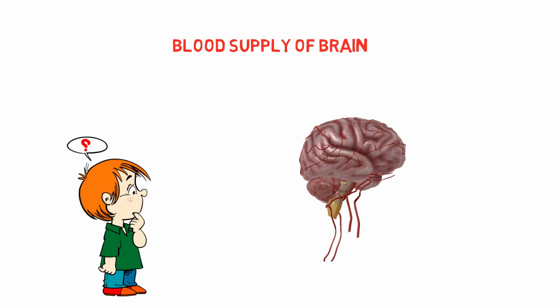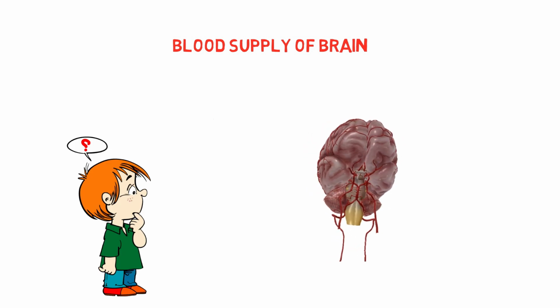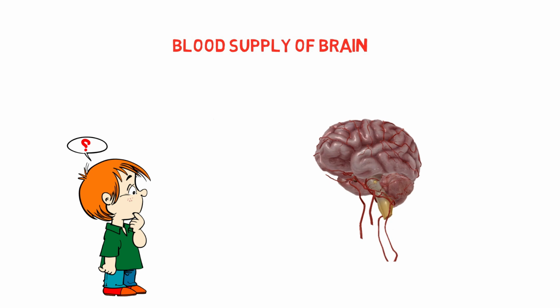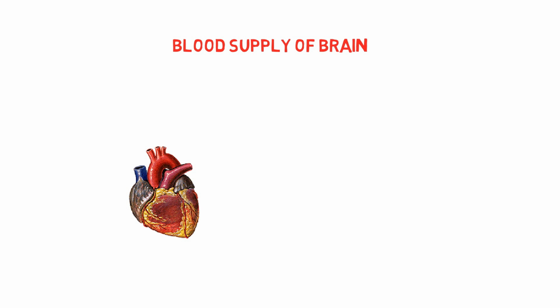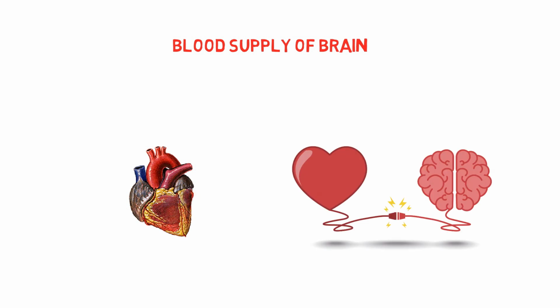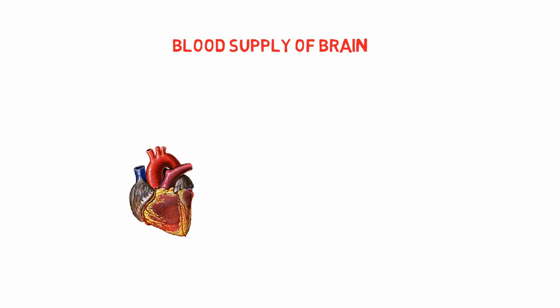So, what is the primary organ which supplies blood to the other parts? That is the question. Yes, it is the heart, right? Let's imagine it's your heart and it's pumping blood. Lub-dub, lub-dub. Now, the question is how this blood passes toward the brain. Can your heart supply your brain like this, like this electric circuit? No, this is not going to happen.